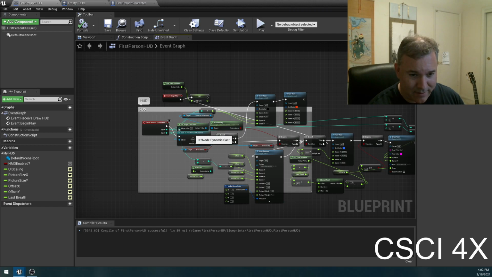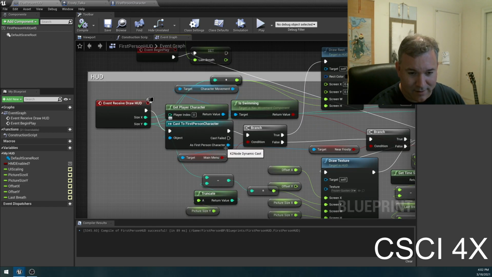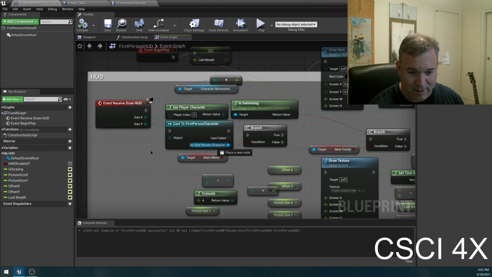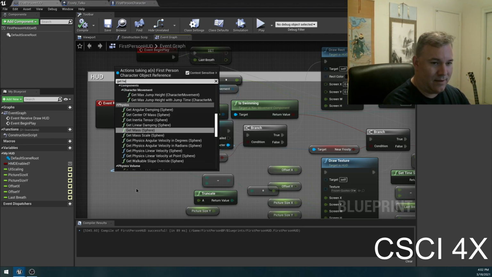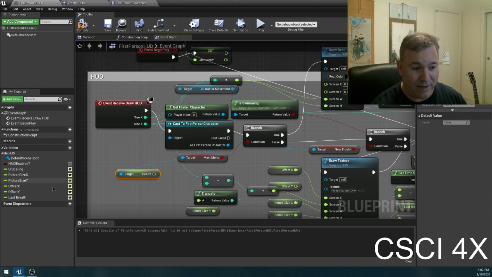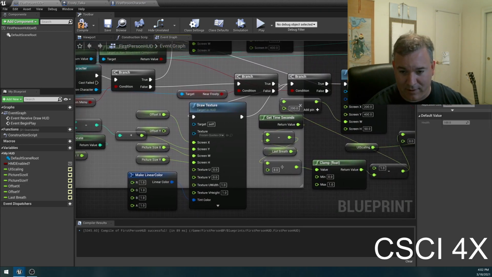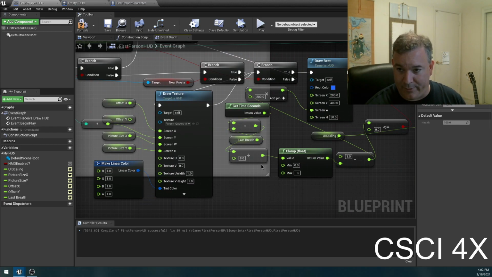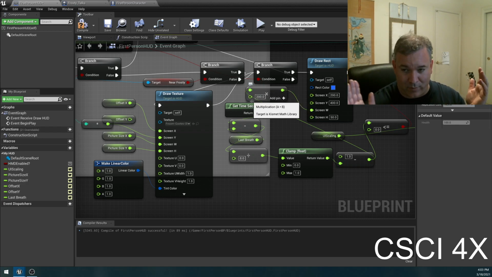Okay, so here we could get from the first person character, get health. Remember, you have to make a variable public for another blueprint to be able to grab this, right? So we're going to get the health, and then you could do a little bit of algebra. If their health is at 100, the algebra is really easy in that case. You just multiply the health times, I don't know, 2, and then you'll have a 200 pixel wide health bar, and then as their health goes down,